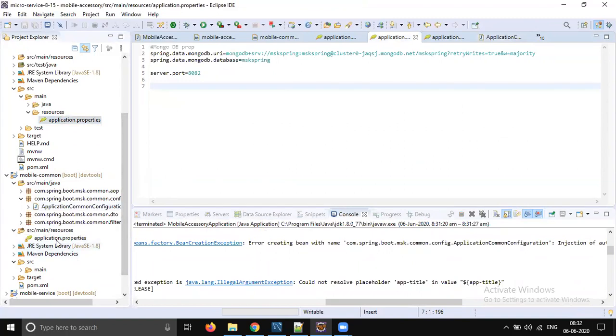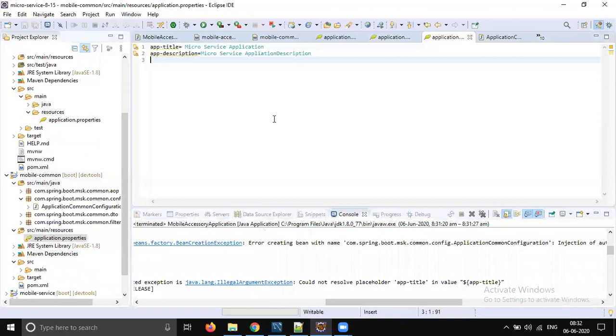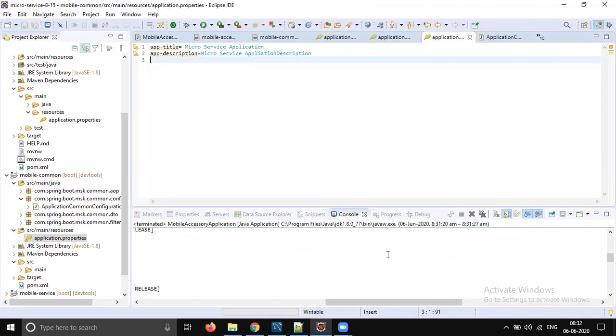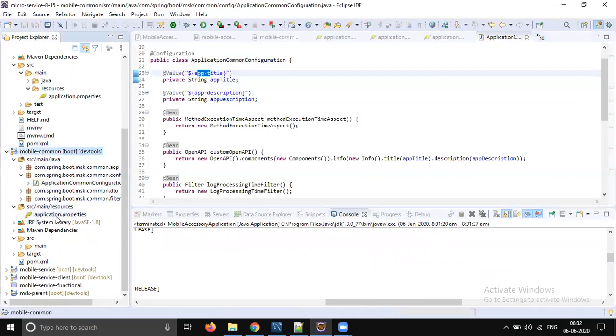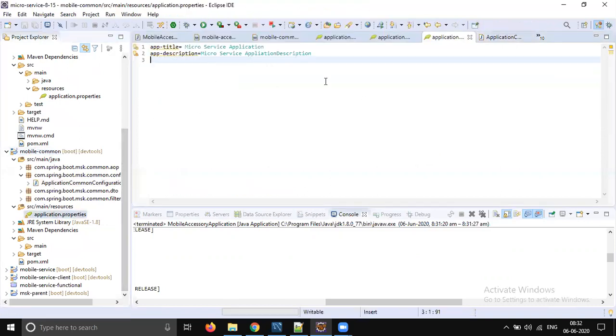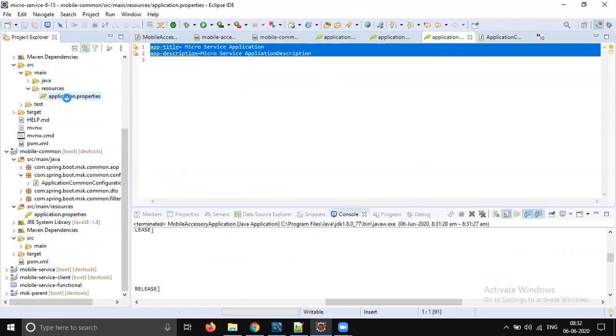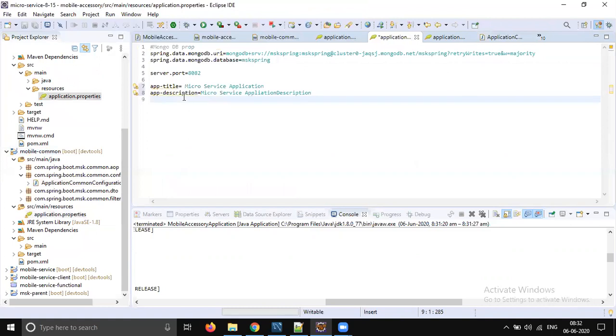It's okay. We also have the common properties file. Still it's okay. App title. So this is a Spring Boot application. We put these two here. It will work fine.